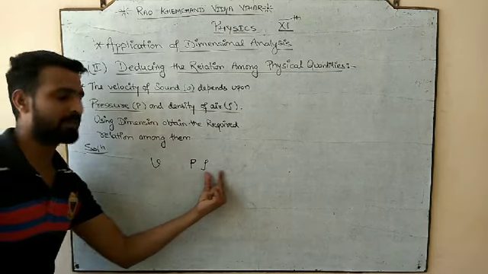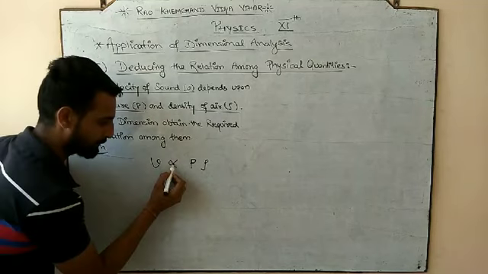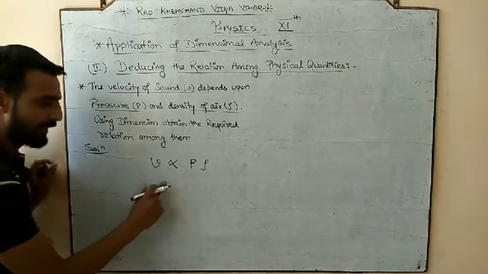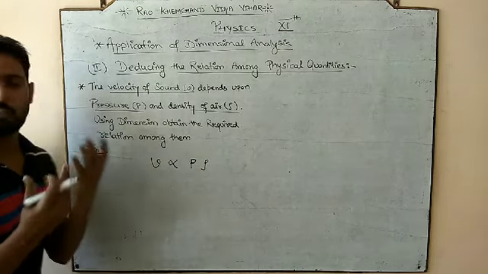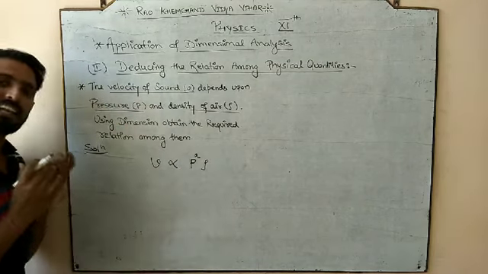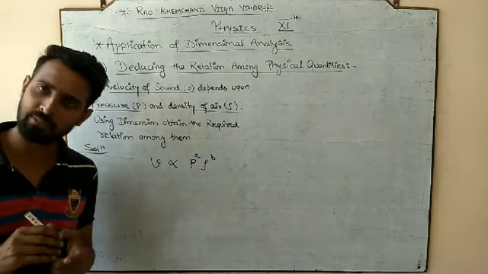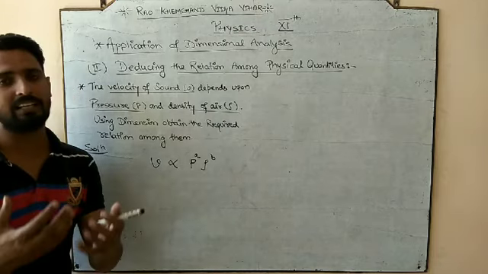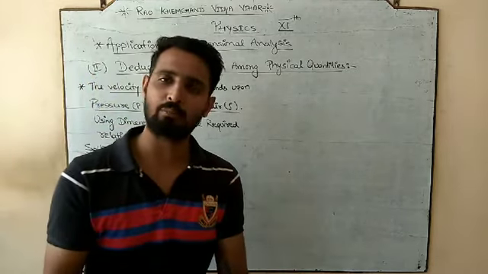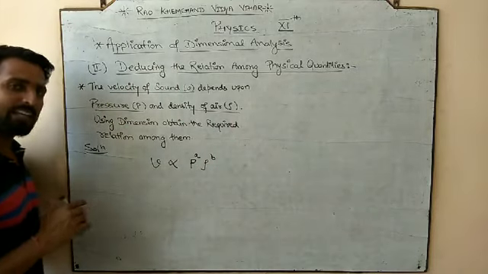So velocity is depending on pressure and density, and to show the dependence we use the proportionality sign. Done? Velocity depends upon pressure and density, but how it is related with pressure, we do not know. Whether it is in power 1, 2, 3, we will take a random power a. And how it is related with the density, I do not know, so I have taken b. You can take x, y, or any unknown variables, m, n, p, q. That is your choice. I am taking a and b.